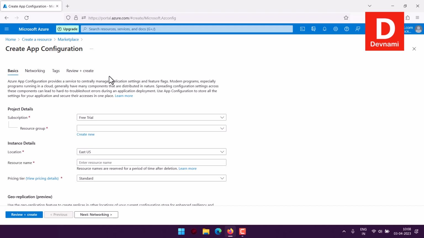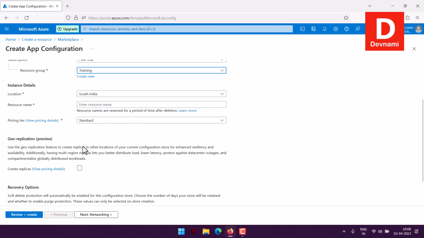And here, what we will do is we will do first thing of creating our app configuration. Now we will start with subscription. We select free trial, then resource group, then you have location given to you automatically. Now here I can give a resource name, right? So this can be a unique resource name for app configuration. The name can be between limited set of characters and you can validate if that's available or not. So app C,